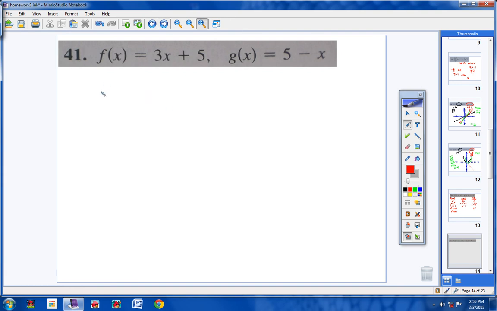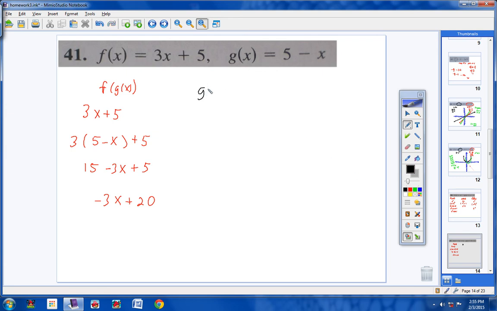Alright, f of g of x, here we go. F function comes first, 3x plus 5. Where the x is, I'm going to put a pretty big parentheses. And then my next function is g, so I'm going to pick up g and put 5 minus x. Well, 3 times 5 is 15. 3 times negative x is negative 3x. Bring down your positive 5, and you're left with negative 3x plus 20. Negative 3x plus 20. Alright, moving on to g